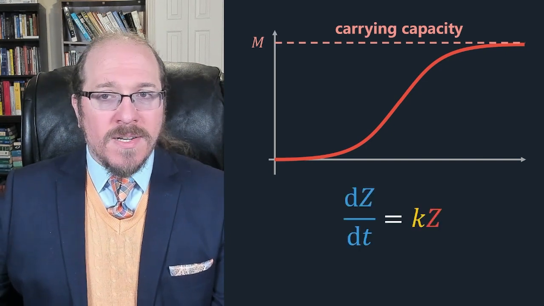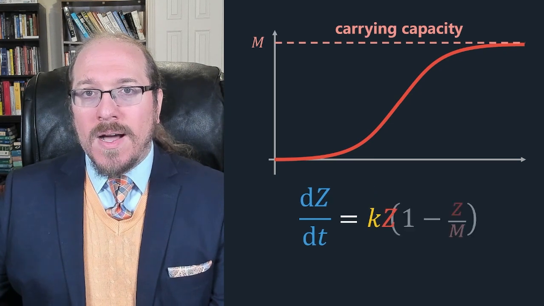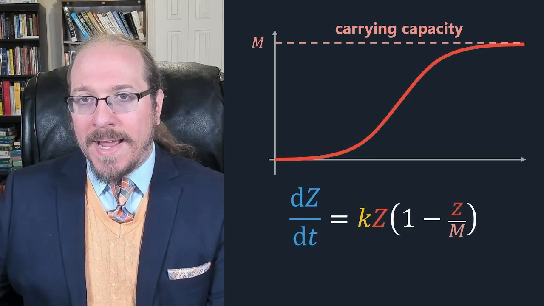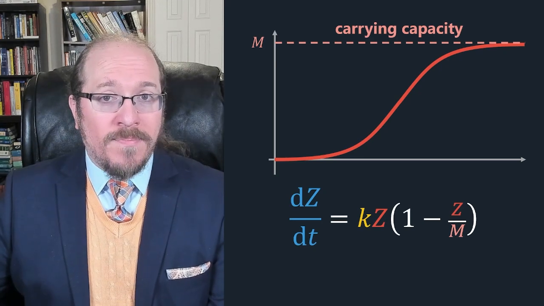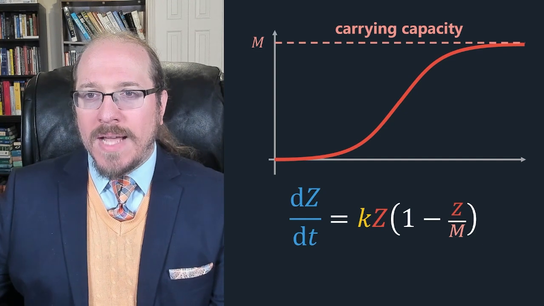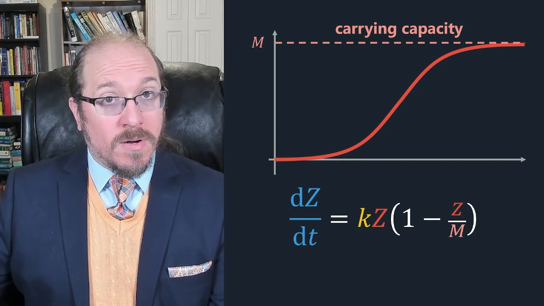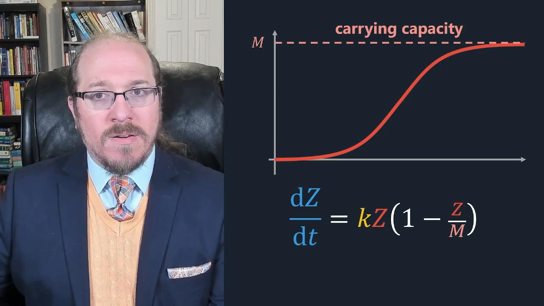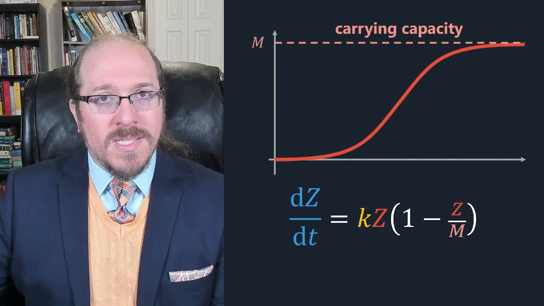We can tweak our differential equation to account for this behavior by introducing a new factor of 1 minus z over m. When z is small, this factor will be close to 1, so it won't have much of an effect. But when z starts getting closer to m, the quantity 1 minus z over m will start to get smaller, closer to 0. And that means the shape of our zombie growth curve will look something more like what